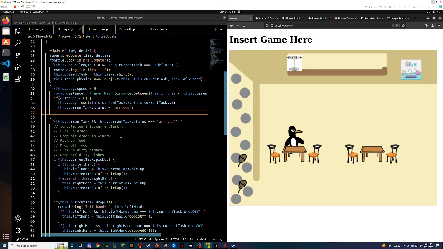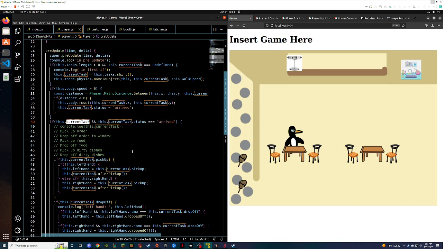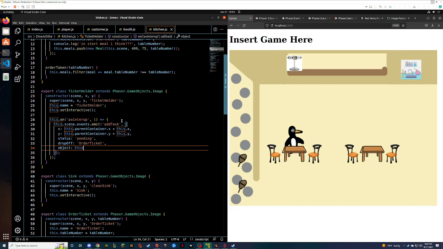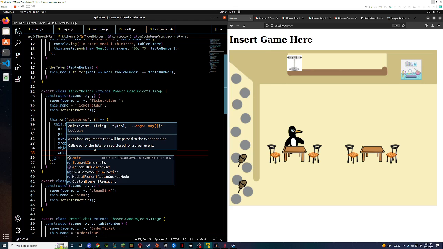I'm pretty sure we can change how this works. Because if we take this current task, pointer up, add task, instead of doing this, we could probably just have an emit here.